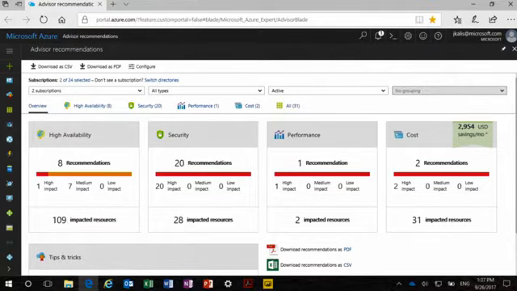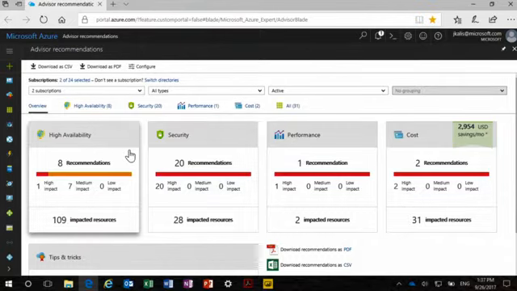So what you can see is when you launch it in the portal, it's really easy to get to. So I'll just show you here. You can see the Azure Advisor icon there. It's a little cloud with a ribbon on it, or you can always search for Advisor in the portal. It's pinned to your dashboard, so just log in to the portal and you'll find it there. You might need to scroll down. And then you just launch it, and it's going to analyze your particular environment, your resources, and then give you